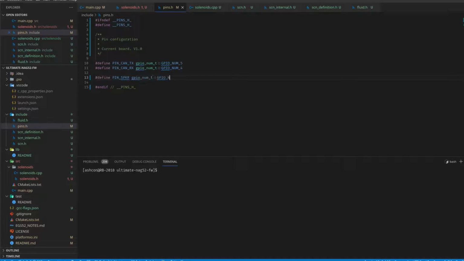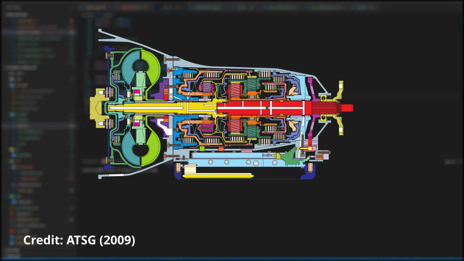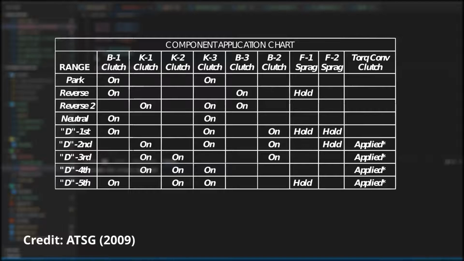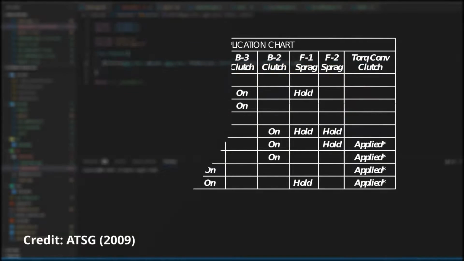To make things easier to understand, here is an image of the 722.6 gearbox's cross-section. This gearbox has a torque converter clutch, and clutches B1, K1, B2, K2, B3 and K3, as well as sprags F1 and F2. In total, these clutches and sprags allow the gearbox to have 5 forward gears and 2 reverse gears. In order to control the activation of these elements, my TCM has to control all 6 of the gearbox's